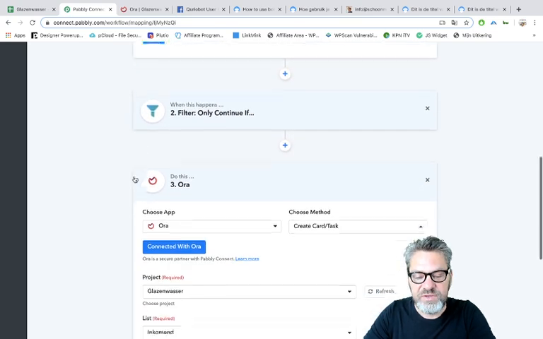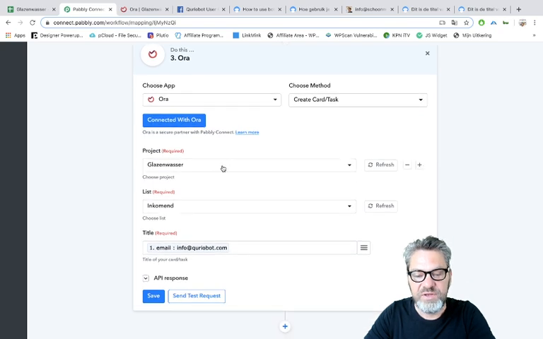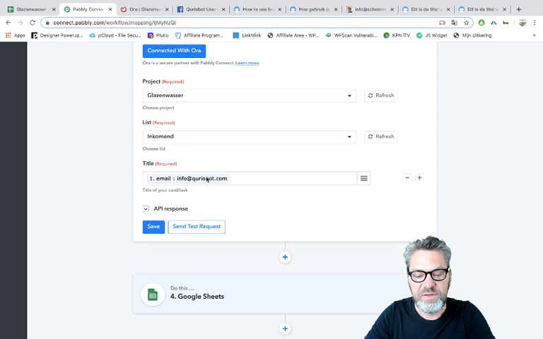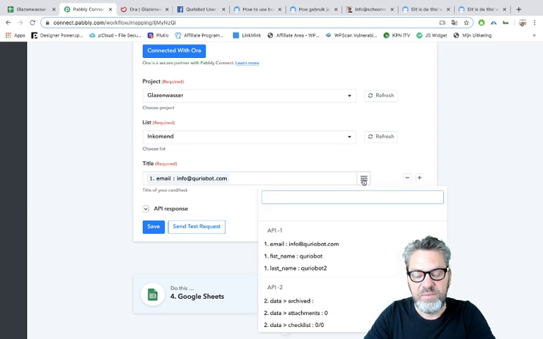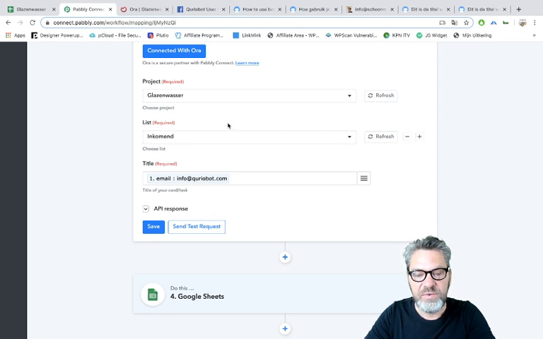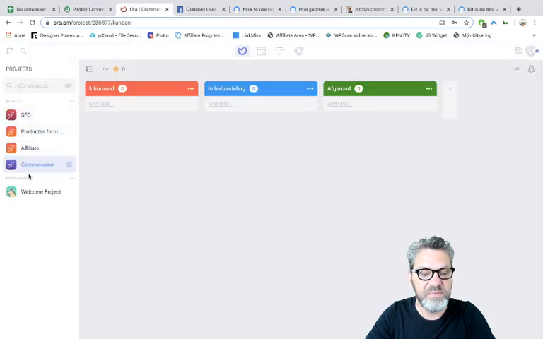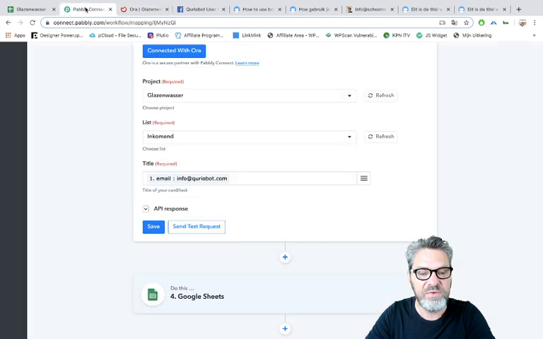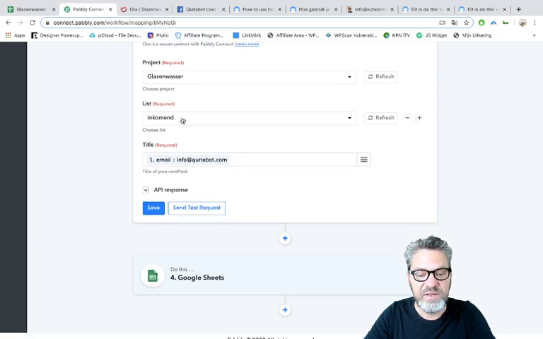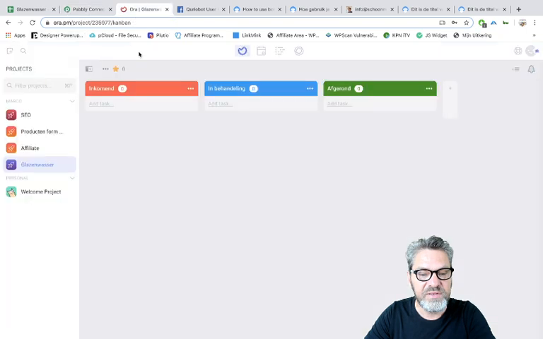If the connection was successful, then you can choose here the email. And when you push the hamburger, then you can also choose the first name and last name in my case, and then it will add the first name or the last name. You have to choose the projects and the lists. So here on projects you see the projects, and I've used this one, window cleaner. I'm not a window cleaner, but I always use window cleaner because my father was a window cleaner. And then incoming lists, this one,